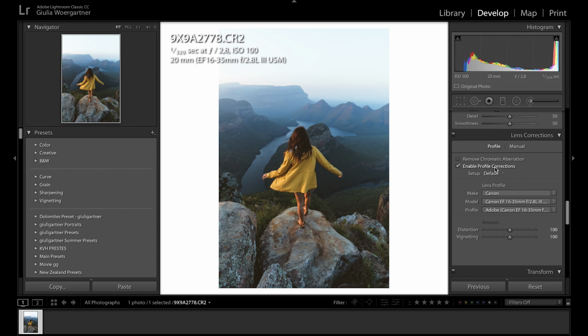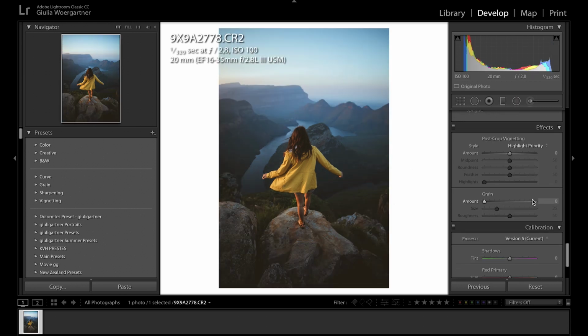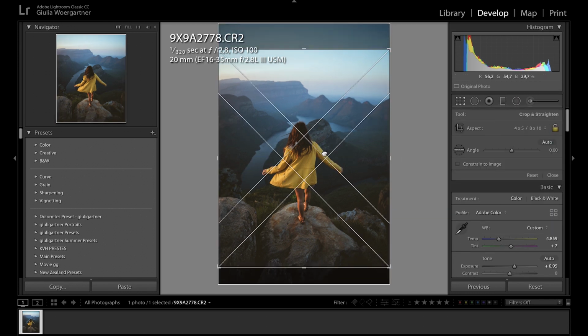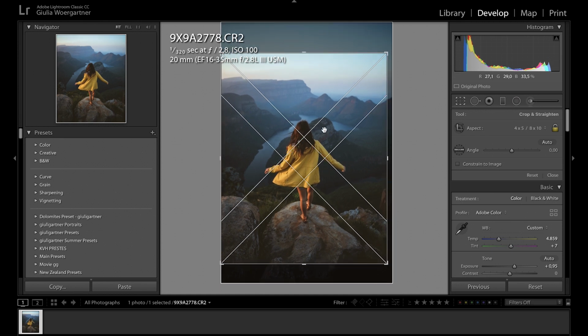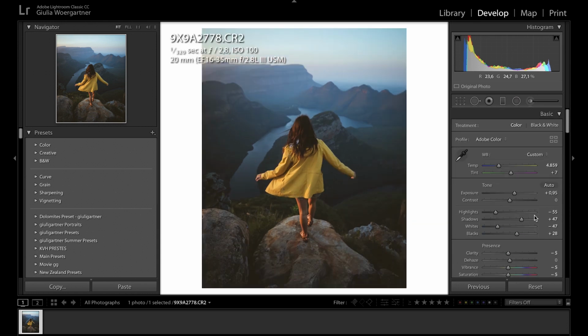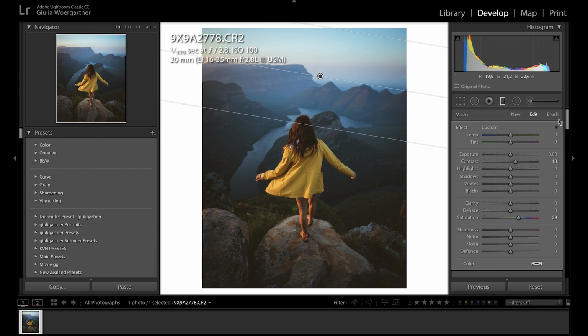Actually, I do this sometimes, but I think here it's not really necessary. I do add the vignette, but mostly after I cropped it for 4x5. So this is what I crop it for Instagram. Probably needs more sky. And then I add the vignette, and then I like to add a